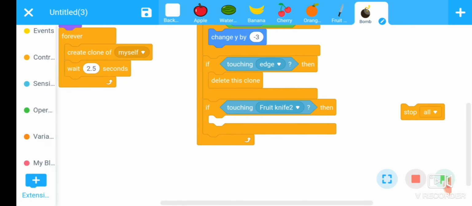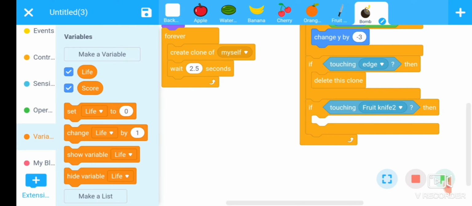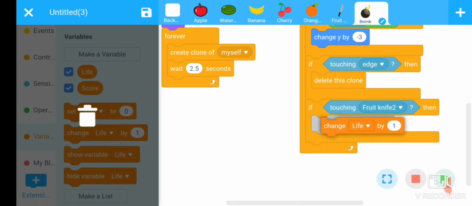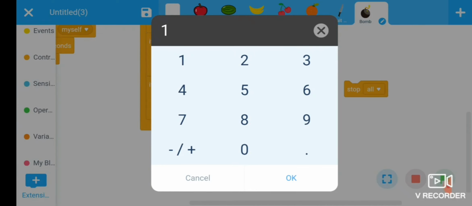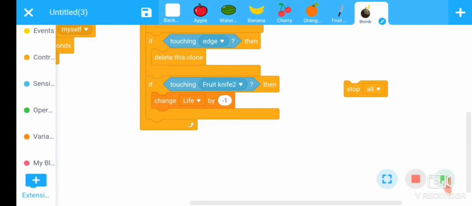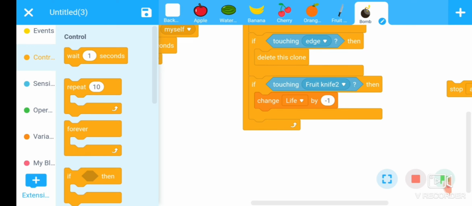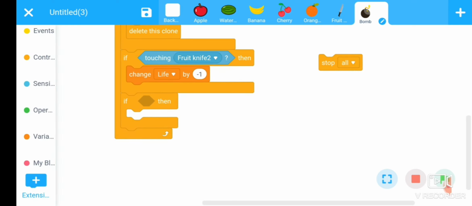So go to variable section, change life variable by -1. And put another condition here that if our life variable is equal to 0, our game should be stopped.